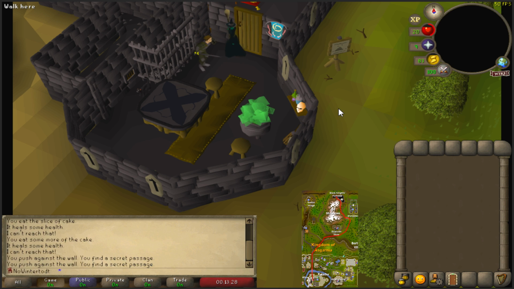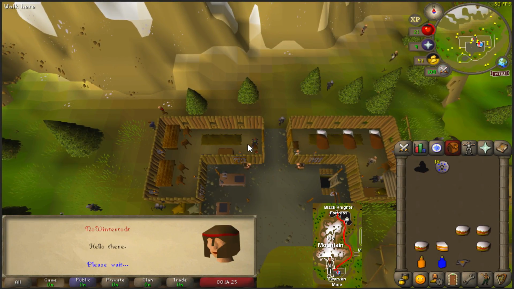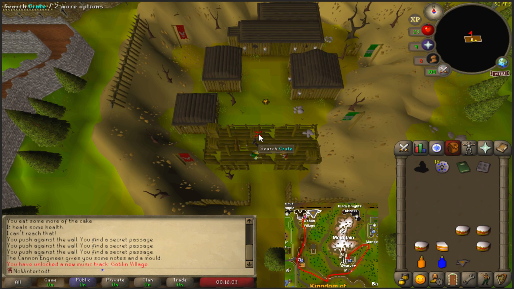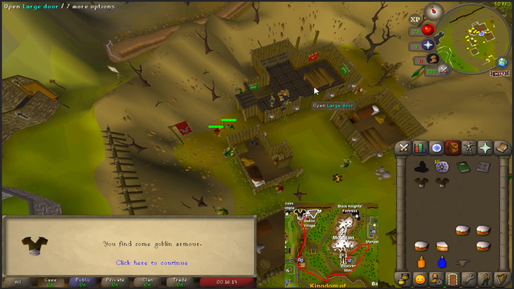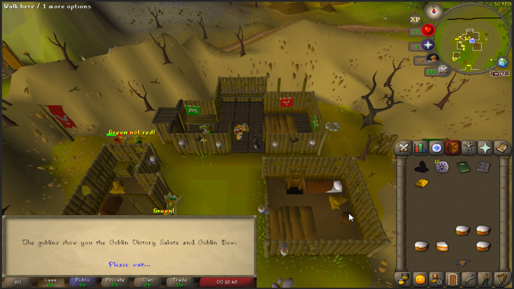Then go north, do Black Knight's Fortress to completion, head south to the Dwarven Mine, talk to Nulodion to get the supplies to take back to Captain Lawgof for Dwarf Cannon, then head all the way over to Goblin Village, and while there, complete Goblin Diplomacy. You can find the goblin mail you need in 3 crates around the camp, and then immediately after, continue the